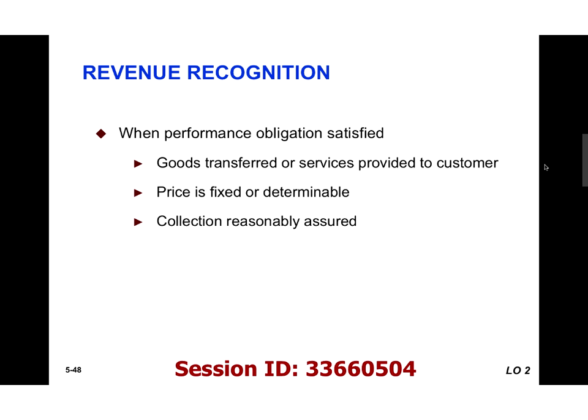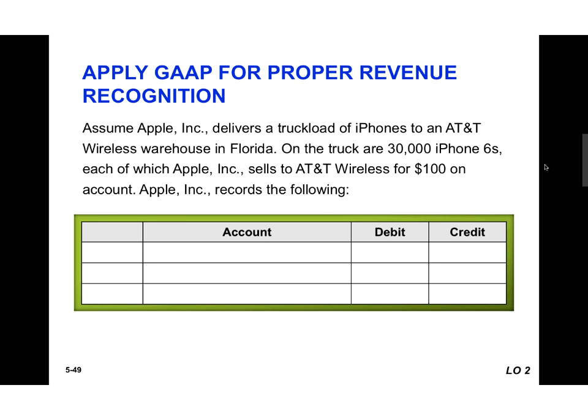Okay. So, basic journal entry. We had this to begin a couple weeks ago. When we sell goods to a customer, basic journal entry. Let's say Apple is selling 30,000 iPhones to an AT&T wireless warehouse. They're selling to AT&T wireless at $100 each. We're doing the accounting for Apple here. So this is accounts receivable. They sell these 30,000 phones at $100 each. That's $3 million. So they're going to debit accounts receivable, and they're going to credit sales revenue for the $3 million.